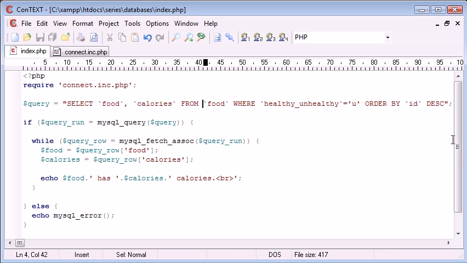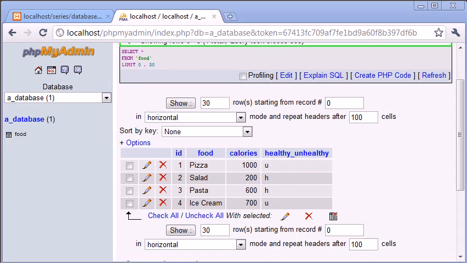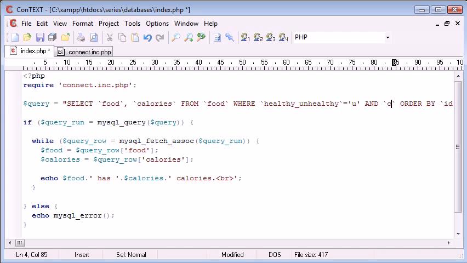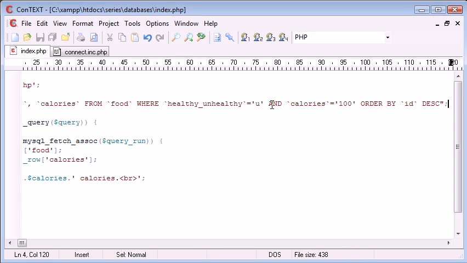Now there's also a function in PHP that allows you to return an integer with the amount of rows that have been returned. So for example, if we return no values, so we've got healthy unhealthy equals U, I could say, and let's just pick something out, healthy unhealthy equals U, and calories equal 100. So what we're doing now in our query is we're selecting where the food is unhealthy and the calories